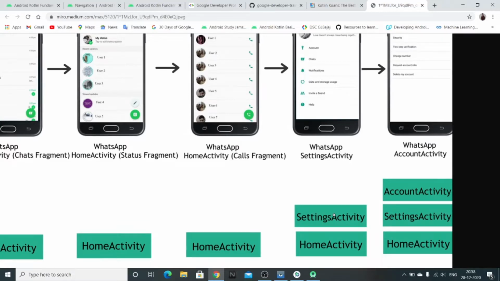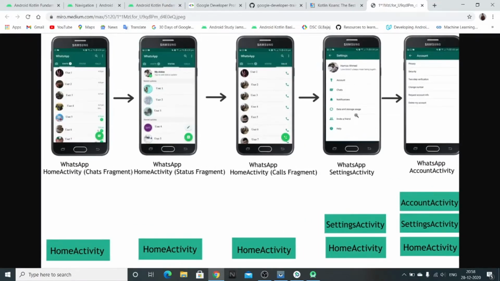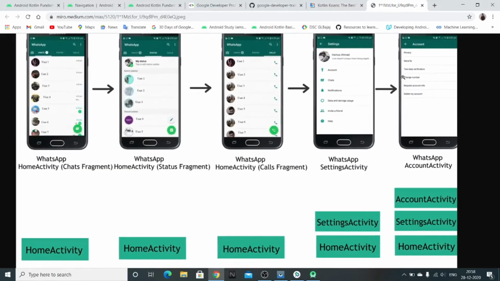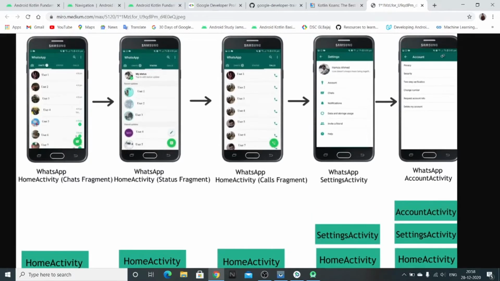if you go to some other activity or some third activity, the third activity will be on the top of the stack. So when you press the back button, the third activity will be popped off and you will be directed to the second activity. And when you press the back button from the second activity, you will be directed back to your first activity, the home activity. So here when you click on the settings and then on account settings, the account activity appears. The same thing goes on with fragments also. When you click on the back button, the account fragment will be popped off, and you will get directed back to the settings activity that was just below this.